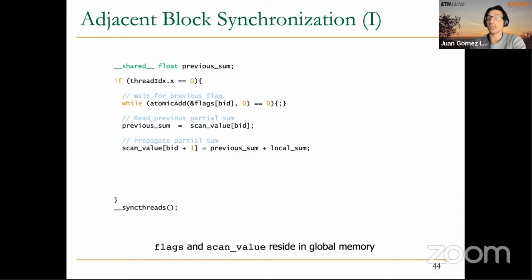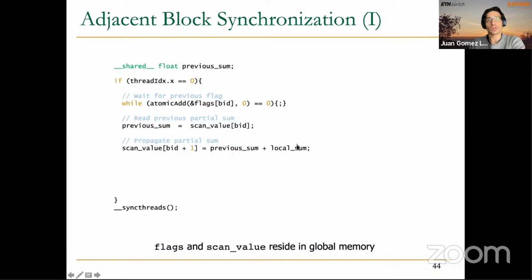It has been updated by another thread in a different block. Then thread 0 goes to global memory to scan value, reads one value, writes it into this shared memory location, previous sum, and uses it